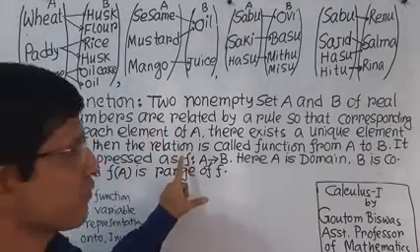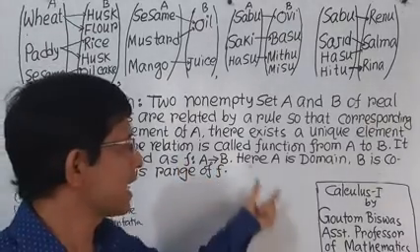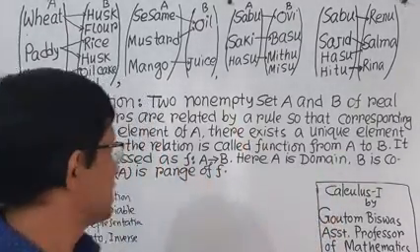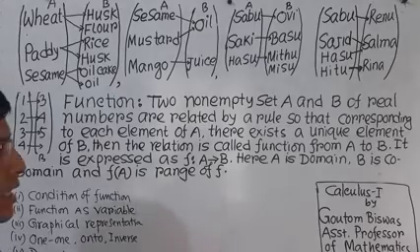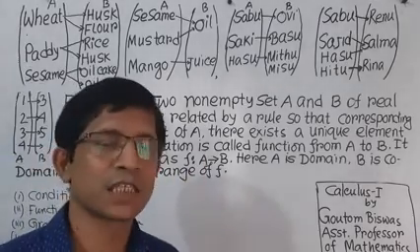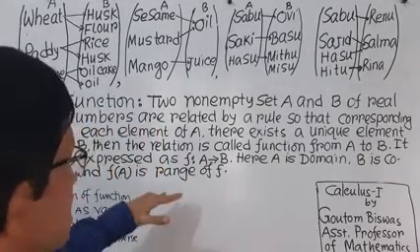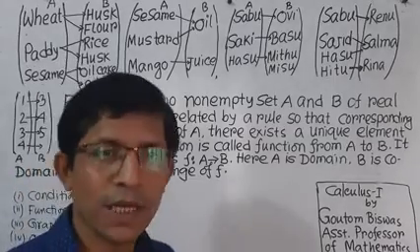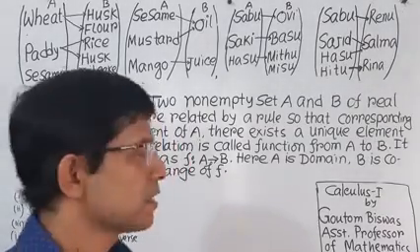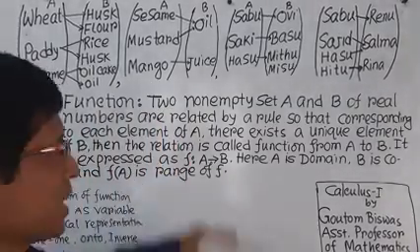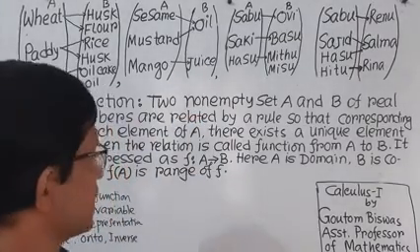f is a function from A to B. Here A is the domain and B is the codomain, and f of A is the range of the function. We will discuss domain, range and codomain first, after these topics. Now,